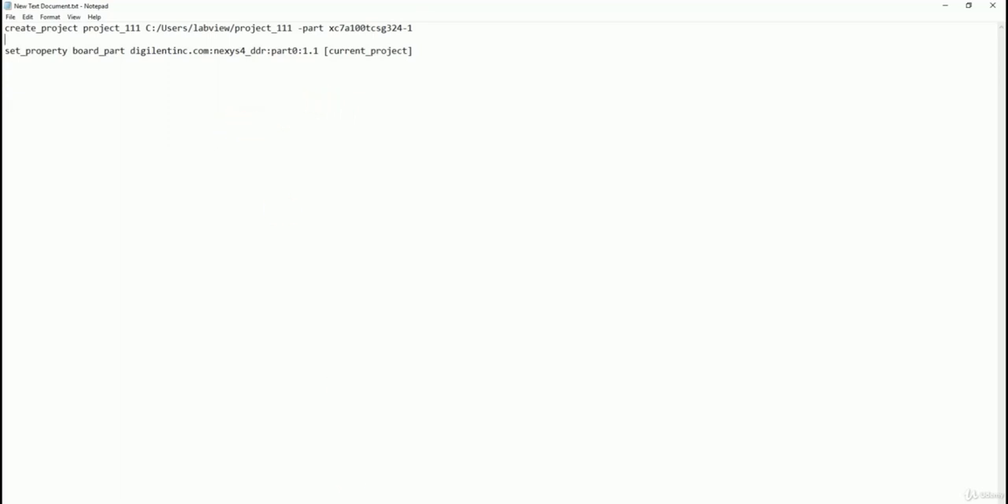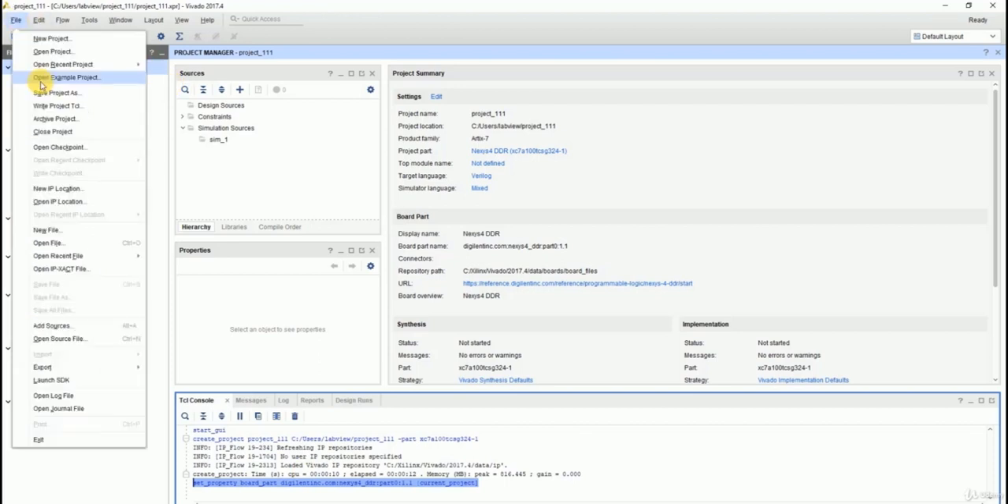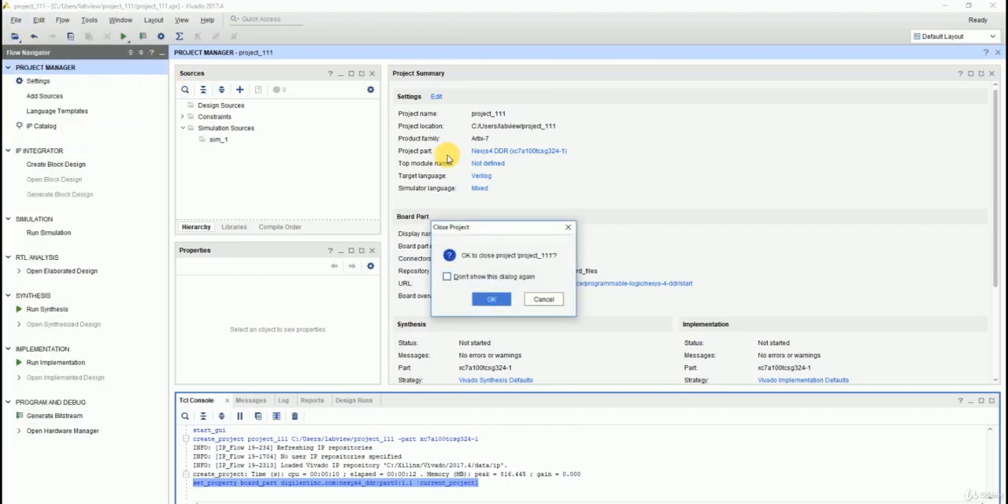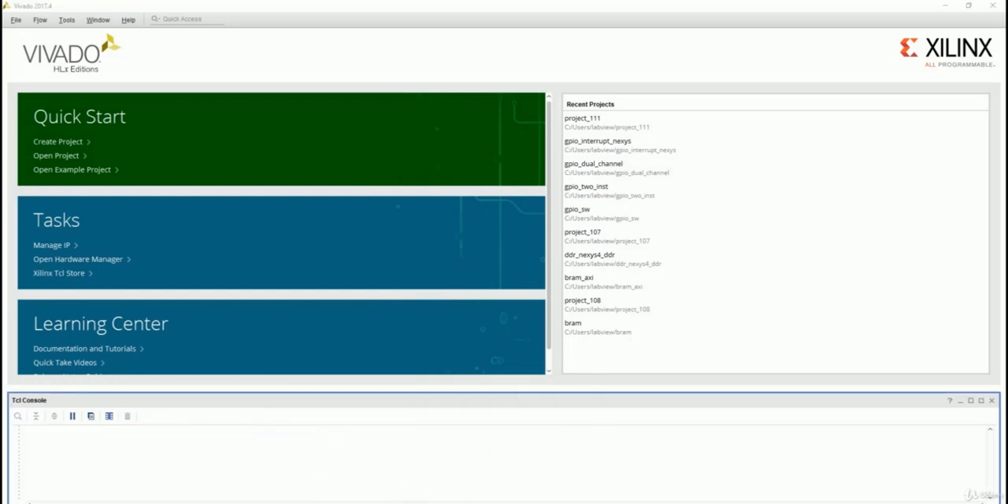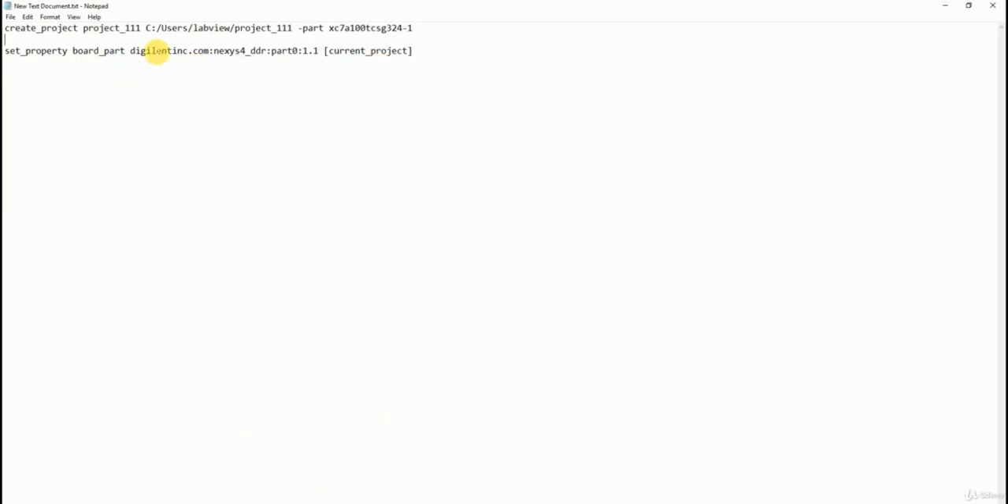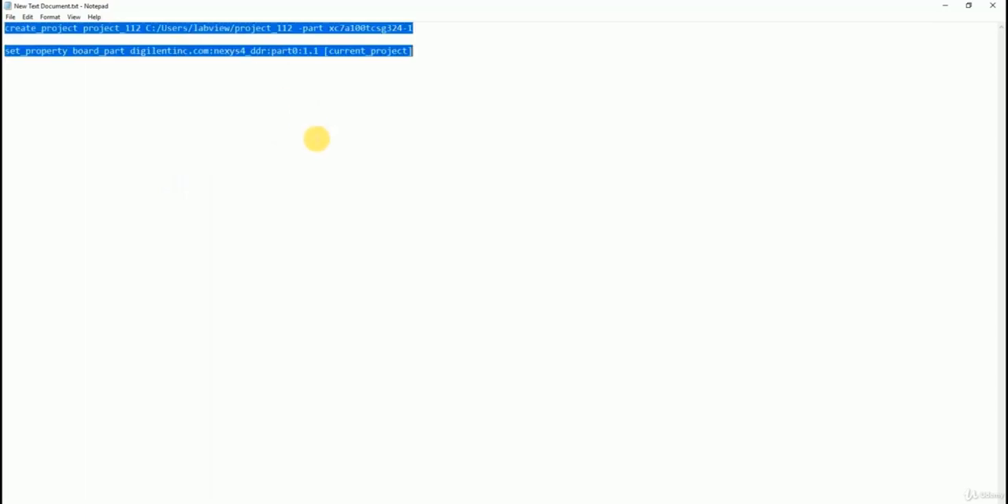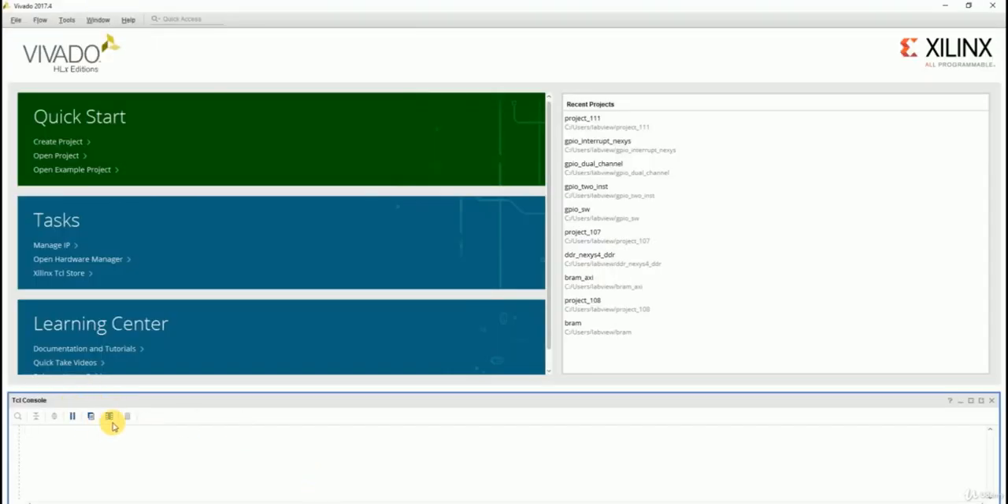Okay, so now let us just close the project that we have created. Now we are closing the project. Once you click on the Vivado icon that is present on the desktop, this is what you'll be getting. Once we do this, to create a new project, instead of 111, I can add 112, and here also I'll be replacing it with 112. So if I just copy this